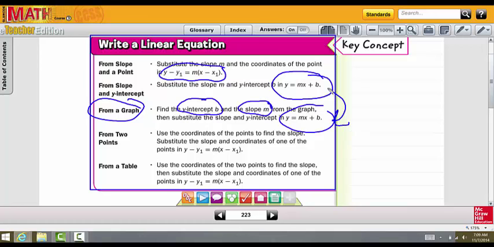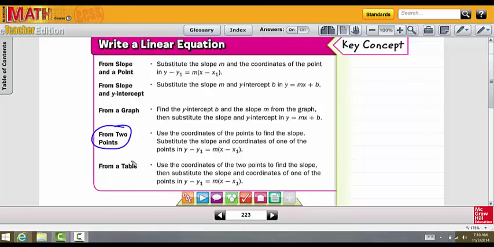So this is really two different ways of putting it into the y equals mx plus b format, whether you're given the slope and the y-intercept, or whether you're given the graph and then you find the slope and the y-intercept. These two here, I want you to see, are just different forms of the same thing. Notice that we end up with the same